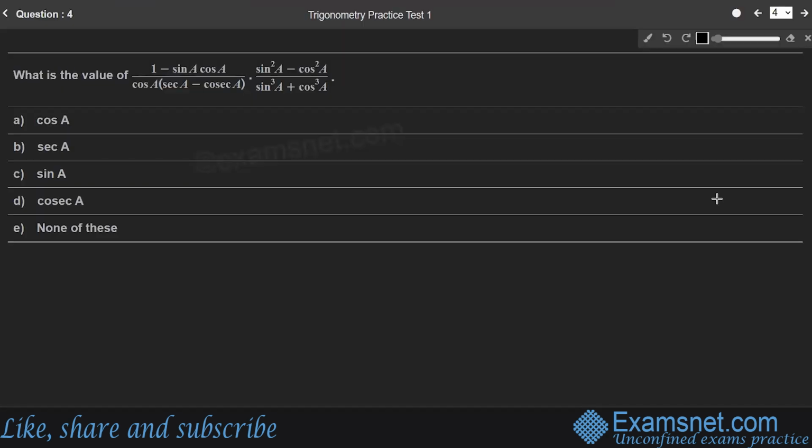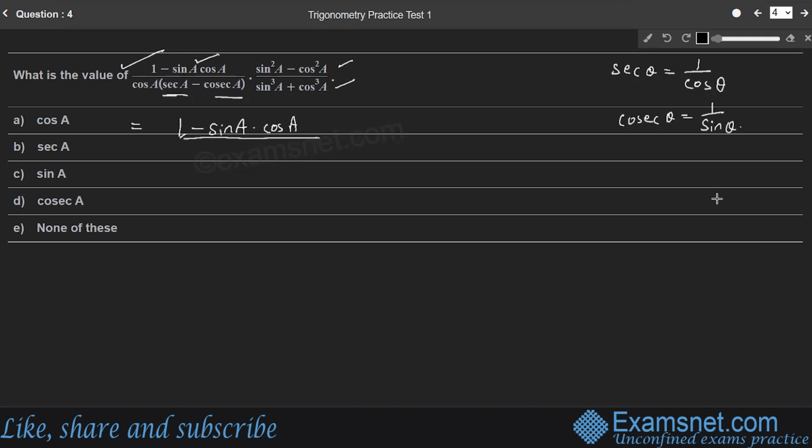Question number 4. What is the value of the given expression? Right. So here in the given expression, in the denominator, we have secant and cosecant, and the remaining terms are in terms of sine and cos. So let us express secant and cosecant in terms of sine and cos, because secant is the inverse of cos, cosecant is the inverse of sine. So using this concept, secant theta is 1 by cos theta and cosecant theta is equal to 1 by sine theta. Okay? So the given expression becomes 1 minus sine A into cos A